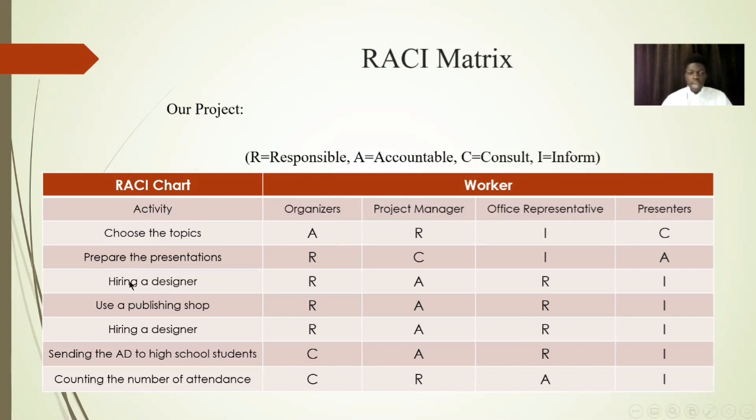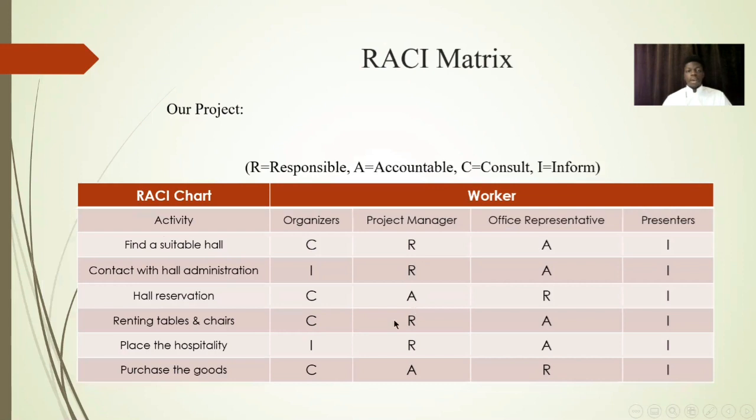After that, hiring a designer for the curriculum that will be given to the students in this course will be a job for the project manager. Publishing, using a publishing shop to print this curriculum for the students, will also be the project manager's responsibility. After that, finding a suitable hall